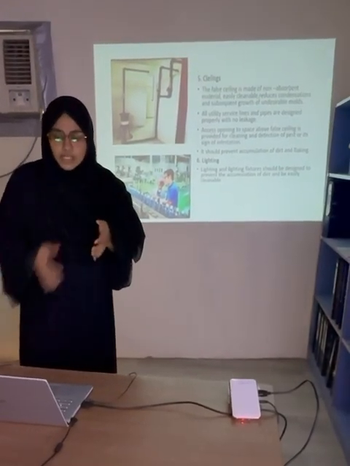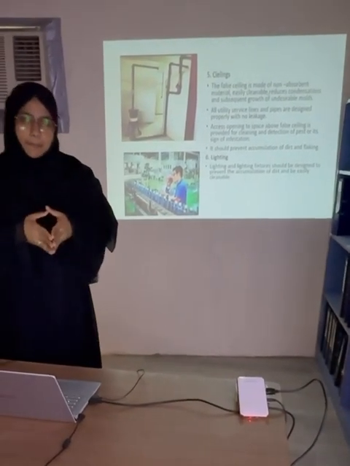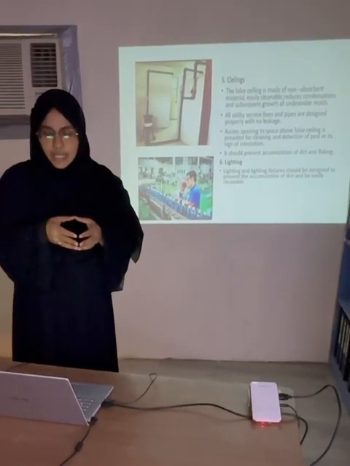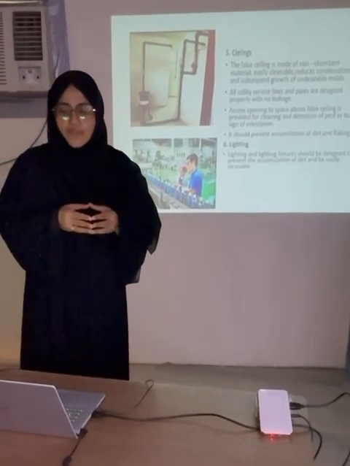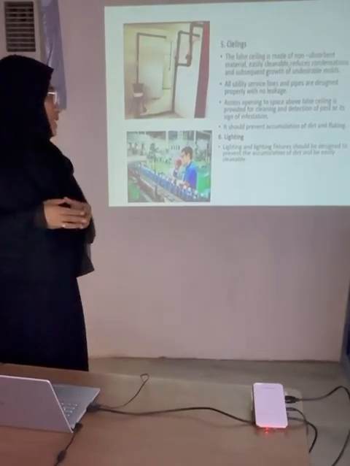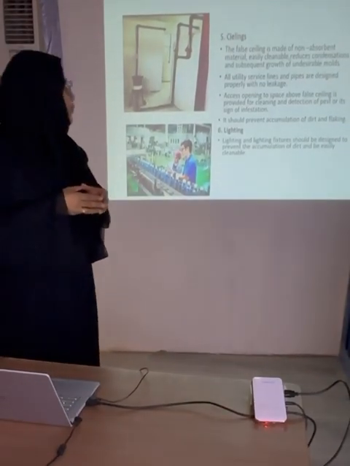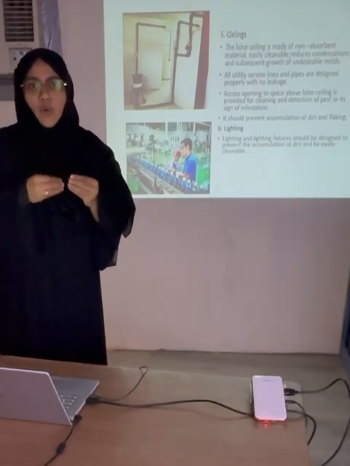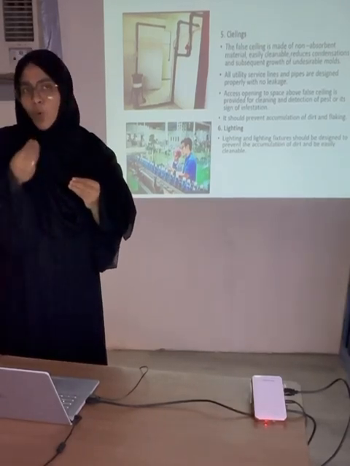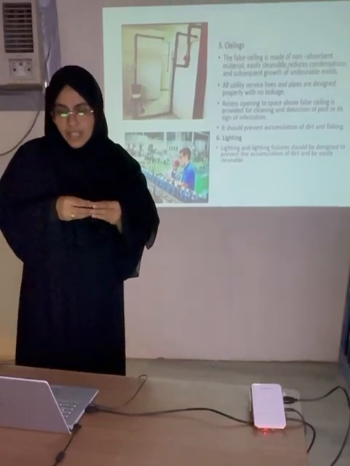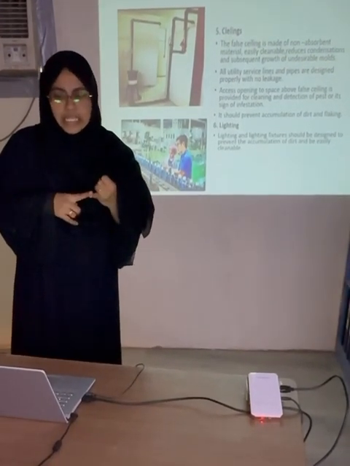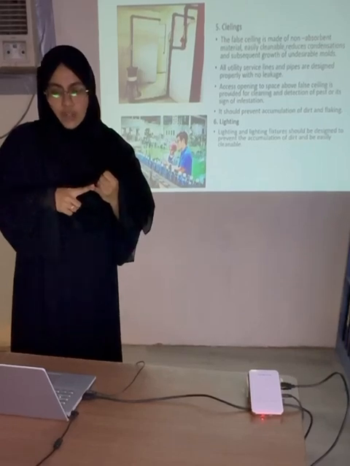Next main factor is the ceiling. While making the ceiling for a factory, it should have a false ceiling, which is made of non-absorbent material and is easily cleanable, and it reduces the chances of condensation. So it won't lead to the growth of any mold or bacteria. It will stop the growth of undesirable mold. So it should be easy to clean also,